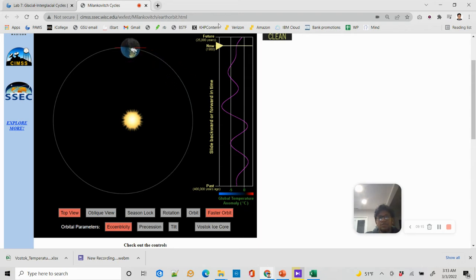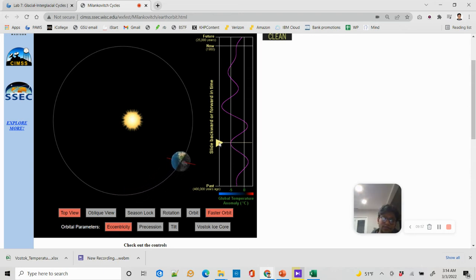This one is the future up there, but if you go down, it goes to the past, almost 400,000 years ago. So if you go to the past, you will see that year. You see, about 76,000 years ago the eccentricity was really low, then it became highest again 122,000 years ago, then it became lowest again 171,000 years ago, again highest 231,000 years ago, and again it became lowest about 275,000 years ago. That way